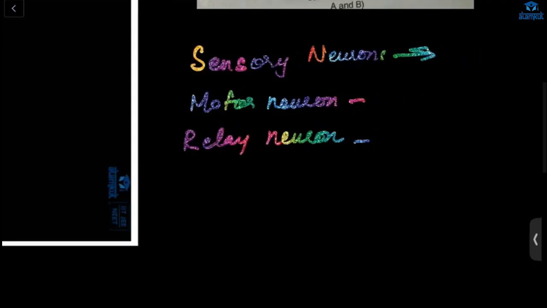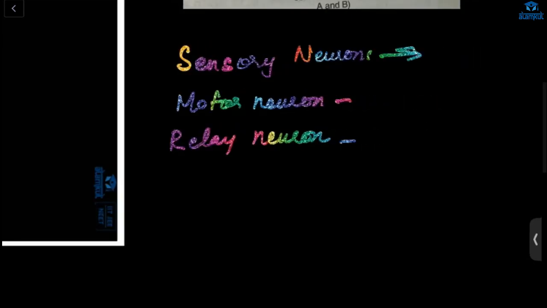The sensory neuron, what will it do? It will take up the signals, impulses from